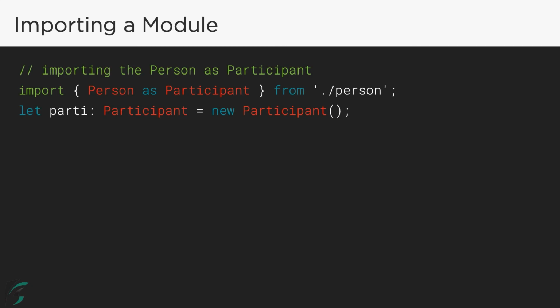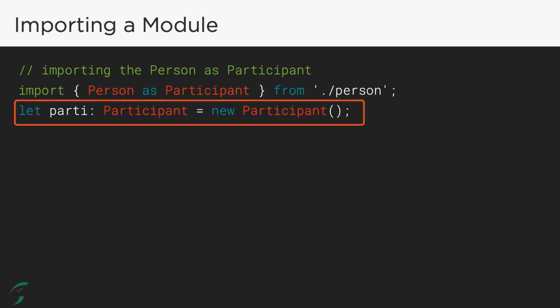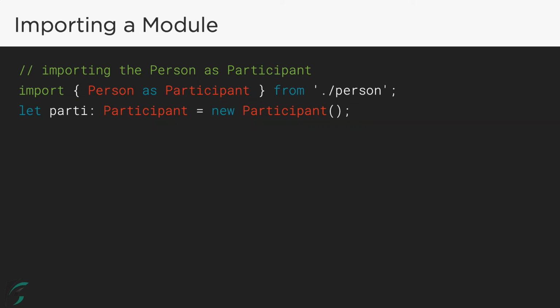I can also import items and alias them to new names as part of the import statement. Here I'm importing the person class and specifying that I'll refer to it as participant. I do that by using the as keyword followed by the alias I want to give to it. The person module will be known as participant in my current module. And just like the previous example, I can use it like any other class with the alias participant which I have